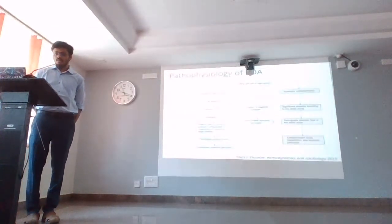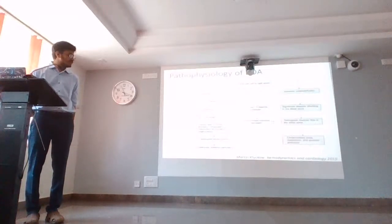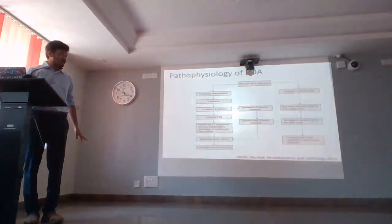The pathophysiology of PDA. Why it is of significant importance is that a PDA, patent ductus arteriosus, in a neonate causes a left to right shunt. PDA with the left to right shunt causes mainly pulmonary overcirculation and systemic underperfusion. That is because of the left to right shunt, and the majority of the left ventricular output going into the pulmonary circulation. So pulmonary overcirculation causes, and all of this blood is coming back to the left atrium and the